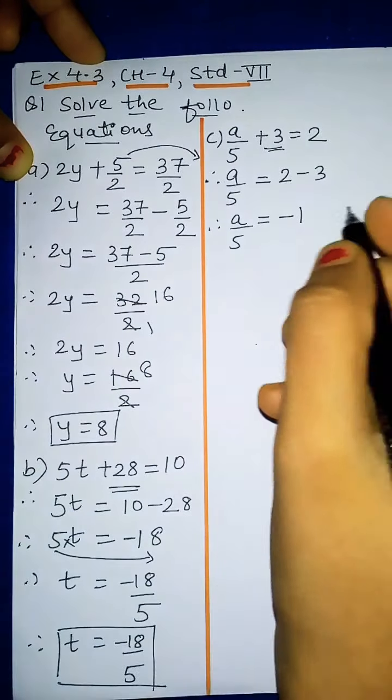Now 5. So this 5 is in division. You can see it is given in the denominator. It is in fraction part. So a upon 5, 5 is in division. So what is the opposite of division? It is multiplication. So 5 we will take this side, and it will go where? It will go here in multiplication. So it will be minus 1 into 5. So minus 1 into 5 means it will be minus 5. So this will be your answer of the third one.